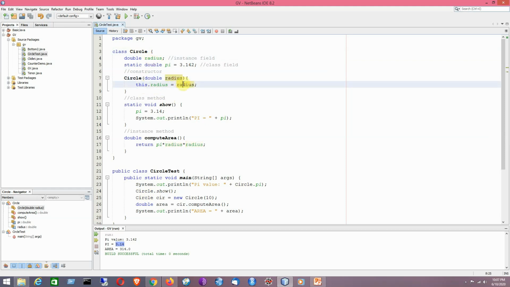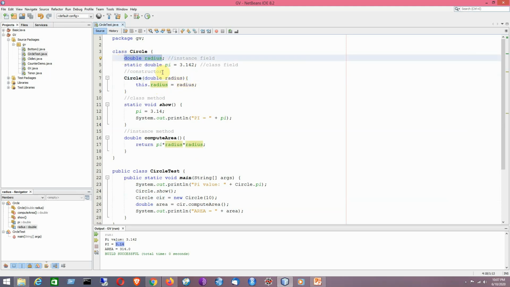So now by using this option I will be able to initialize the value of the instance field by the value of the local field. So the 10, this value will be moving here, it will be initializing this local field. Now this value is used for initializing the value of the instance field. So that is the logic. So in that way the constructors will work and it will be creating an object, and at the same time it will be performing initialization to the instance field.